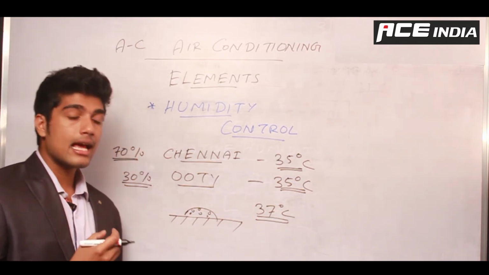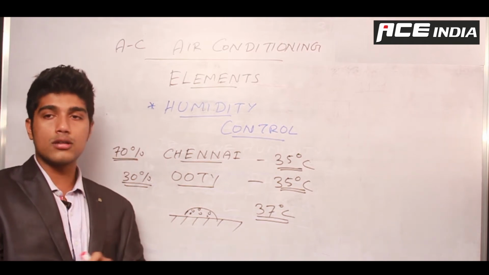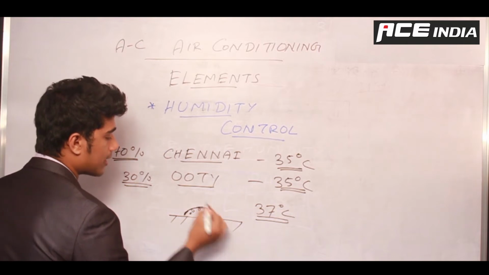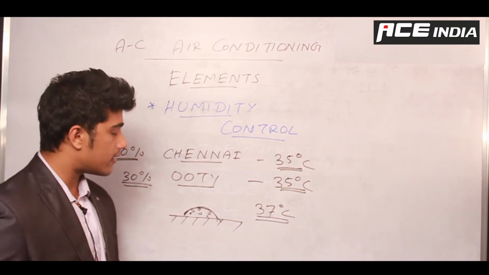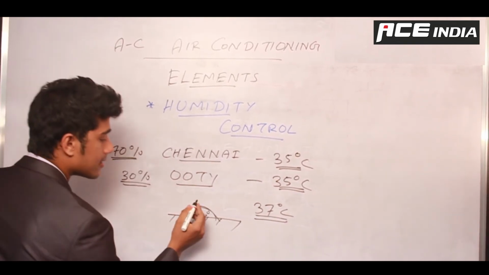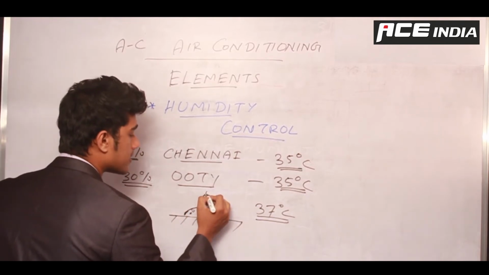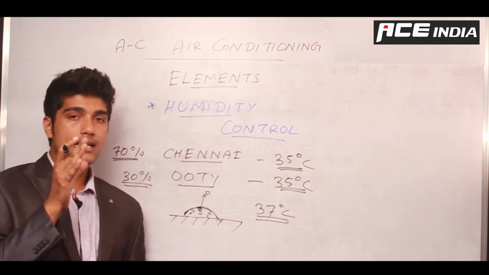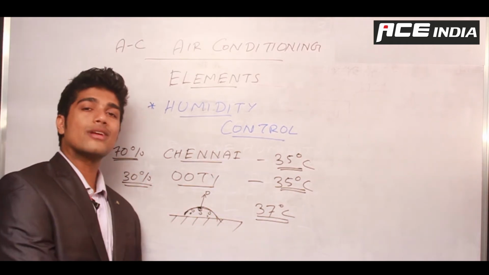What my body does is get the water, which is liquid water inside my blood, on the top of my skin. Now what happens is, whenever a liquid becomes in contact with atmospheric air, the liquid molecules have a tendency to be converted from liquid to vapor state. So this liquid molecule is going to be converted to vapor state. Now for this, I have told you at the beginning of my lecture that heat is required to convert from solid to liquid and then from liquid to gas or vapor.